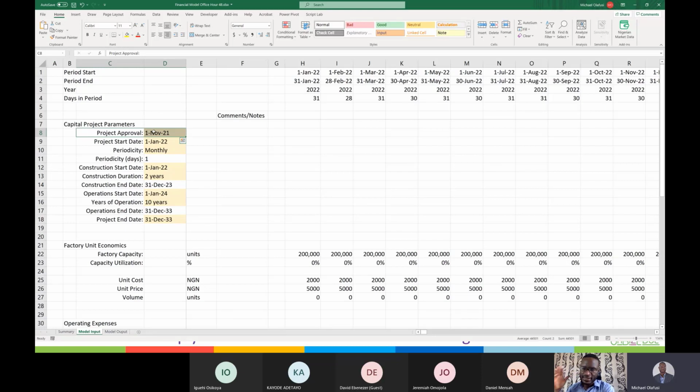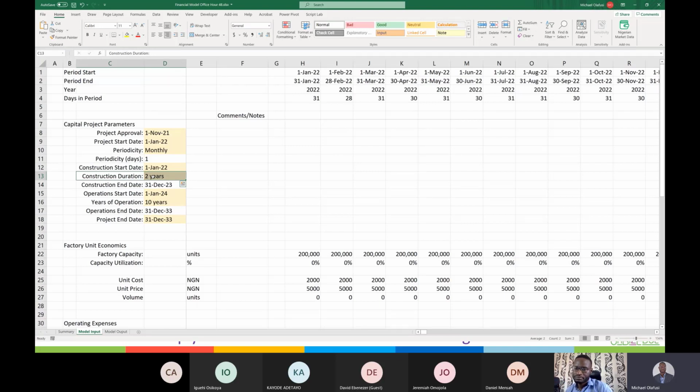So it's never the same period that the project gets approved that it also gets commenced; building will not commence exactly on the day of project approval. So you find out that the start date of building, which in our own case also coincided with the construction date, was like 2 months after, right? And then the construction of this particular facility was going to take 2 years. 2 years can be really long.